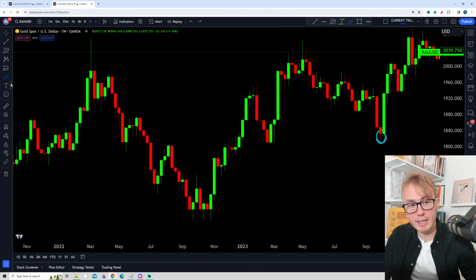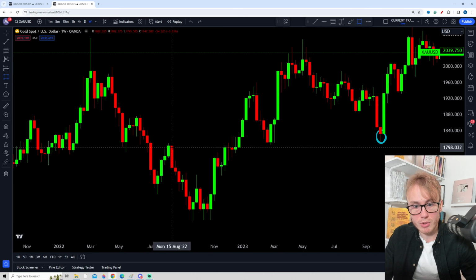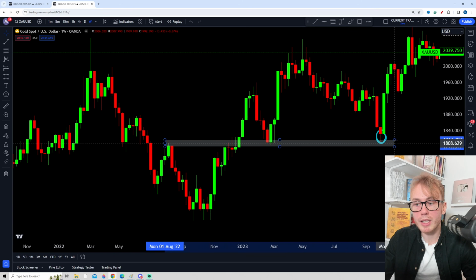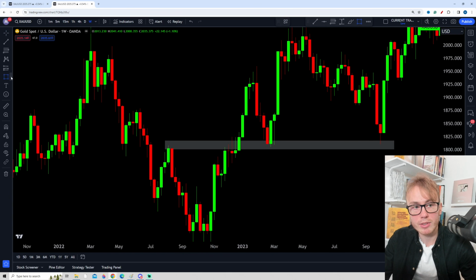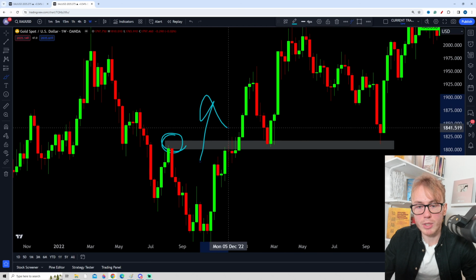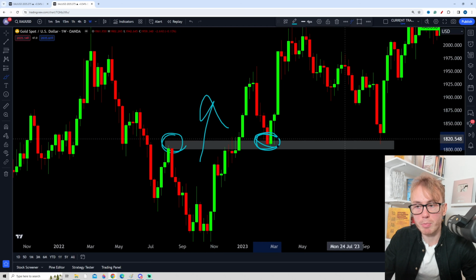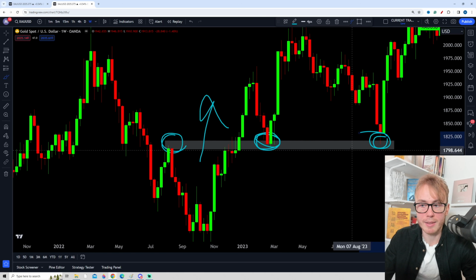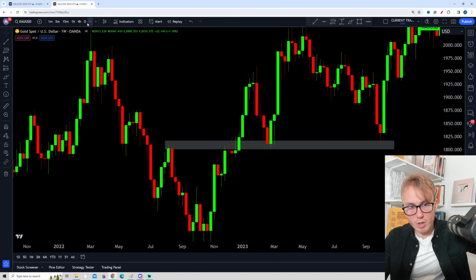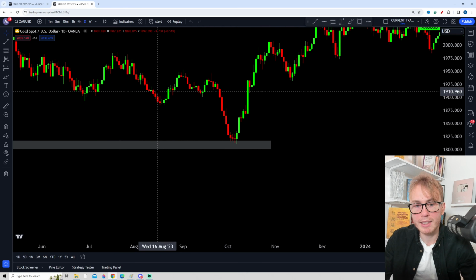So here on the weekly, we can actually mark some structure. So here on the longer term perspective, we can notice a very clear level from a market structure point. A major high that the price broke above and flipped to become support is now being tested as support once again. So now when we have some long-term structure to work with, we can switch back here to the daily,